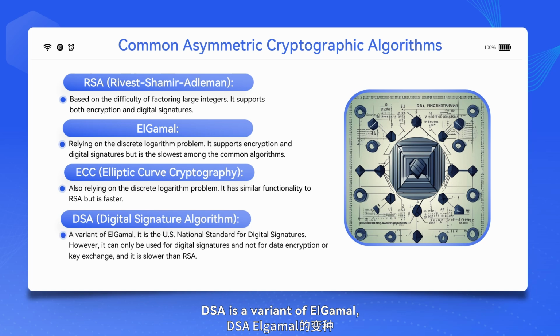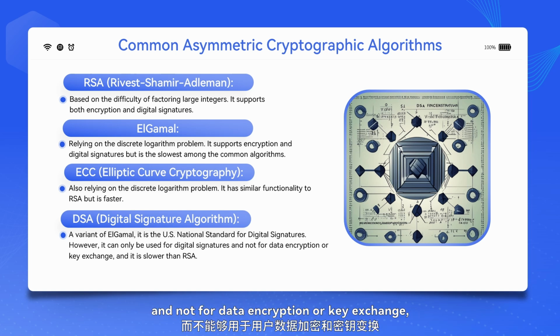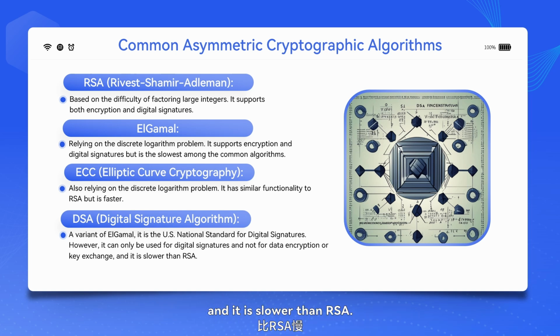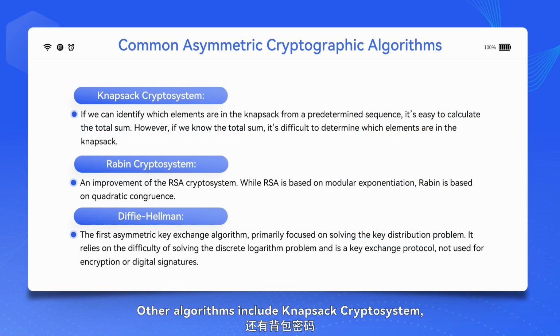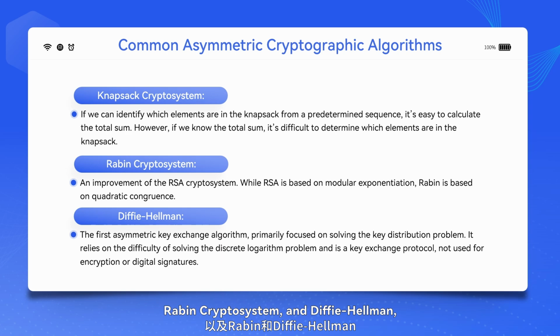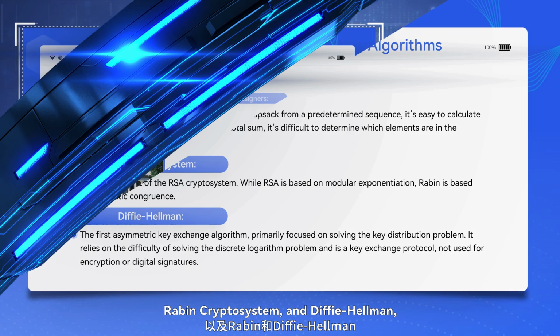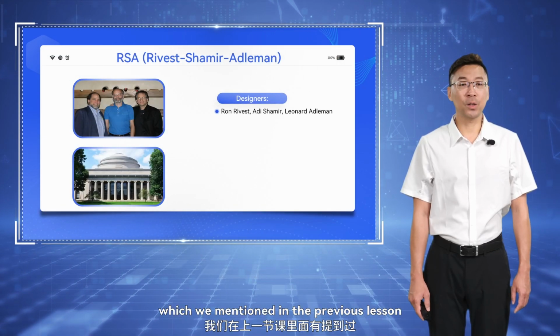DSA is a variant of Elgamal, and it is the US national standard for digital signatures. However, it can only be used for digital signatures and not for data encryption or key exchange, and it is slower than RSA. Other algorithms include knapsack cryptosystem, Rabin cryptosystem, and Diffie-Hellman, which we mentioned in the previous lesson when